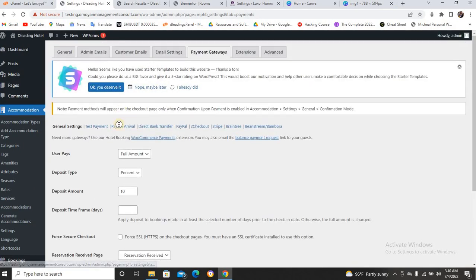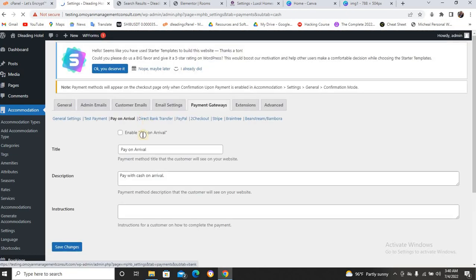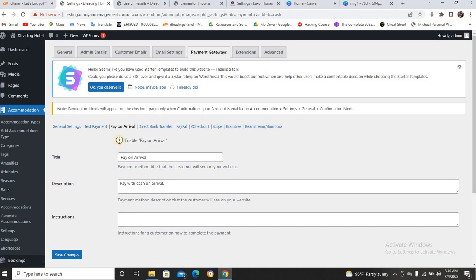This payment gateway has three options, and they have Stripe, and what's it called? Yes, payment on arrival, direct bank transfer, PayPal. I think these two are working, but the others are not working for free. But I think this payment on arrival is working. You just come here and set it up and say, okay, payment on arrival is enabled. You just enable it. So that is what I did. I click on save changes,